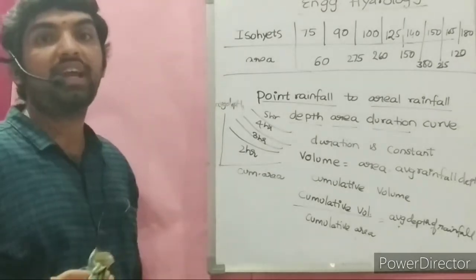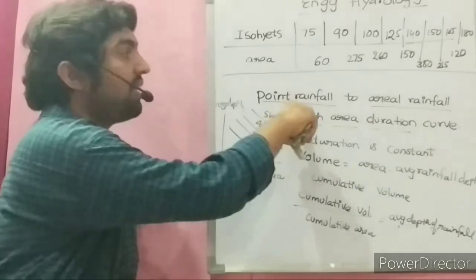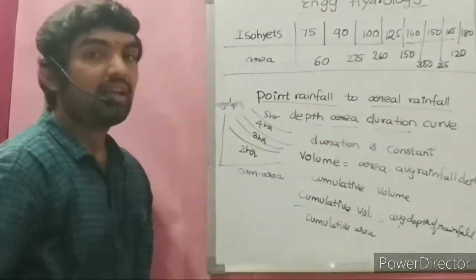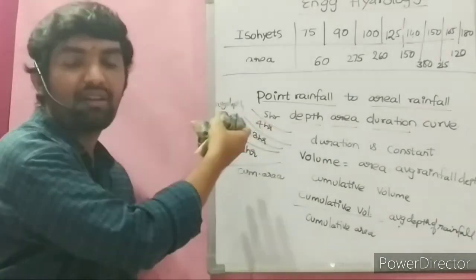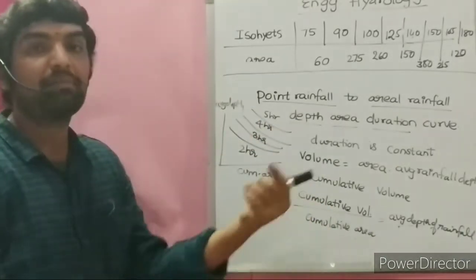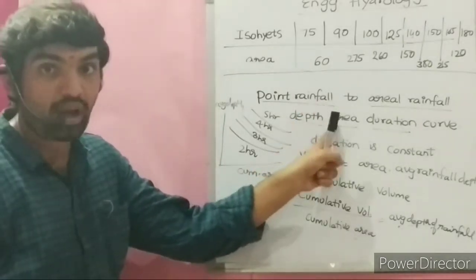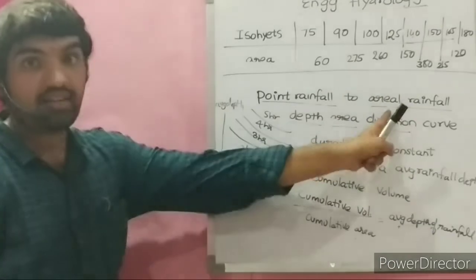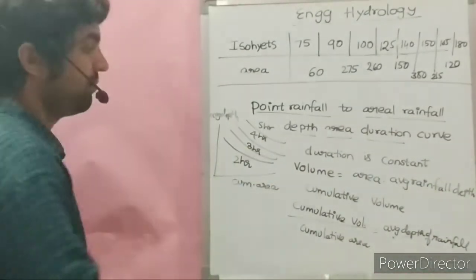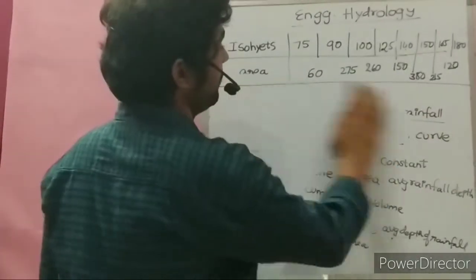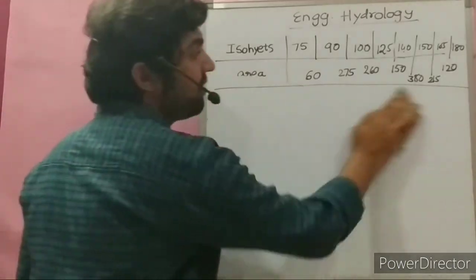Why do you use this DAD curve? For a large area we want the amount of rainfall, thereby we convert the point rainfall to areal rainfall. Areal rainfall means, for a given area, how the precipitation varies, how the average depth of rainfall varies. Point rainfall is for a given station or a given point. For a given area, how the average depth varies with variation in duration. So this is the concept of the DAD curve.